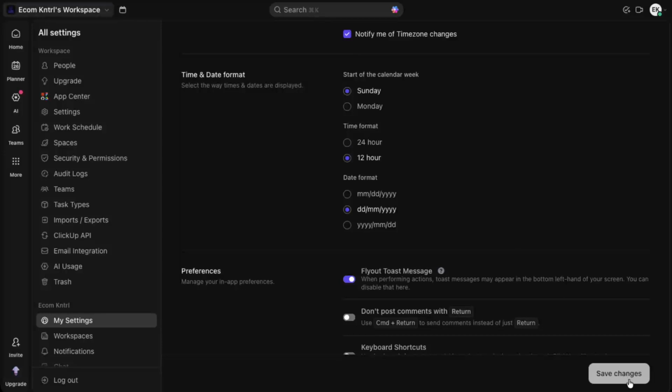After selecting your preferred format, make sure you save your changes. Look for the Save Changes button near the bottom of the page and click it. This step is important because your new date format won't be applied unless you confirm it by saving. Once you've done that, your chosen date format will be used across ClickUp for your account, helping keep your tasks and